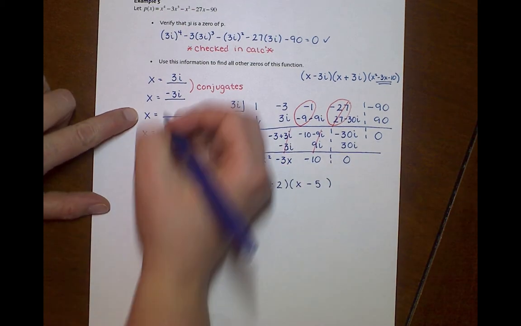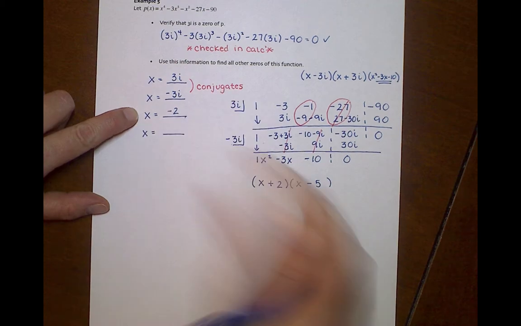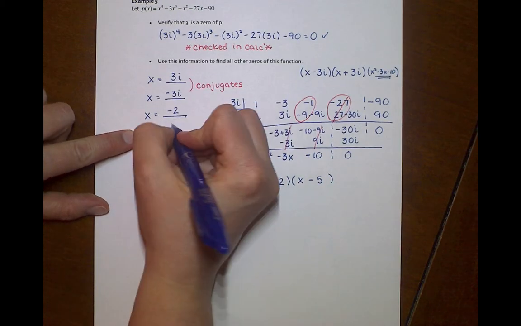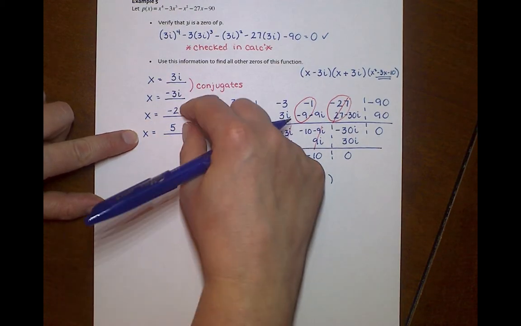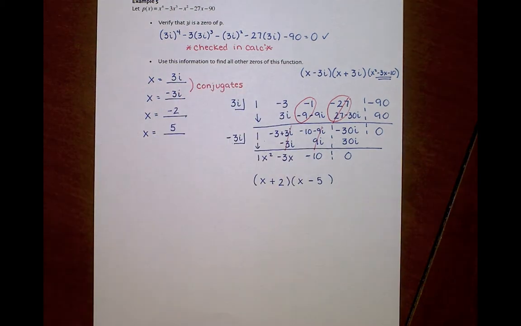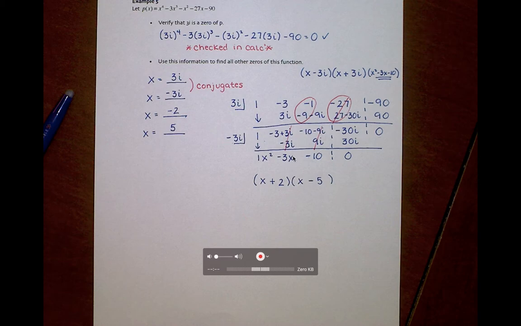And then these factors give me my other two roots. So x plus 2 tells me I'm going to have a root at negative 2. X minus 5 tells me I have a root at 5. So I have two real roots, two imaginary roots. Okay. If I were to graph this thing,